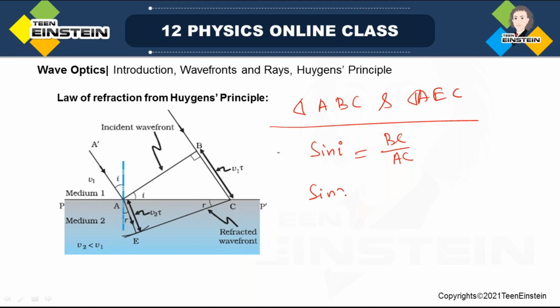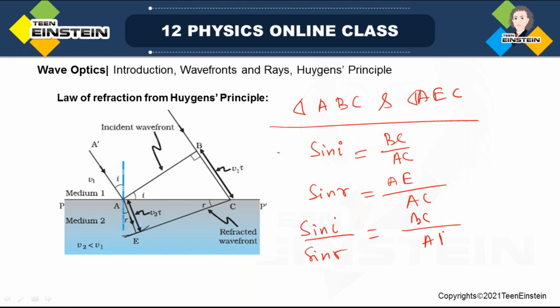Similarly, for sine r, I'm taking triangle AEC: the perpendicular is AE by this AC. So if I take the ratio sine i by sine r, what we get is